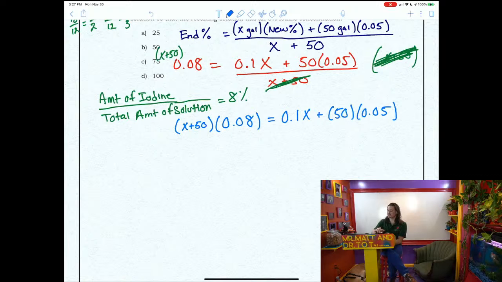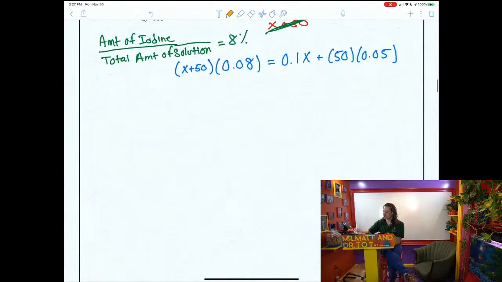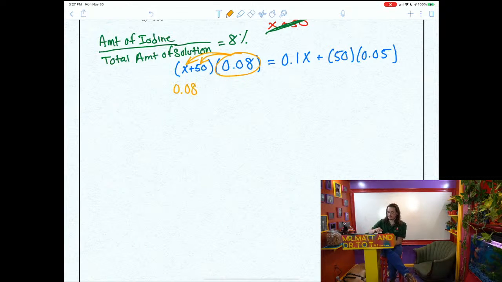And now I just need to distribute, or make sure that you distribute this 0.08 to both the x and to the 50, because in the first quantity it's separated by addition. So we're going to have 0.08x, 50 times 0.08 is going to be 4, so plus 4 is equal to 0.1x